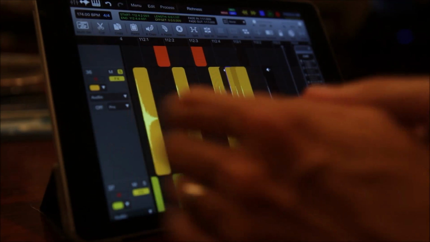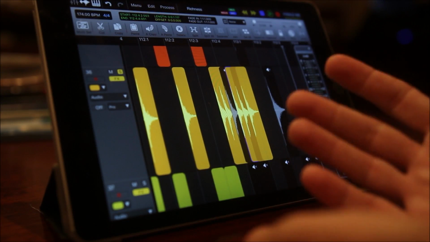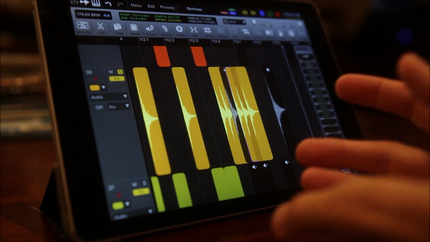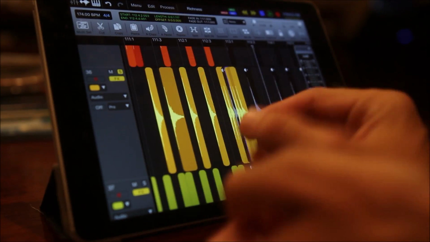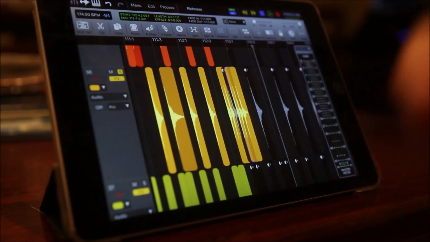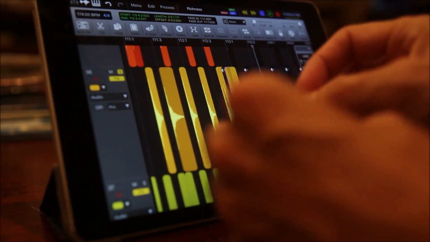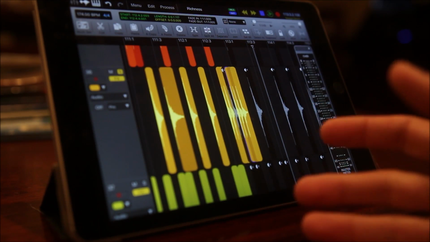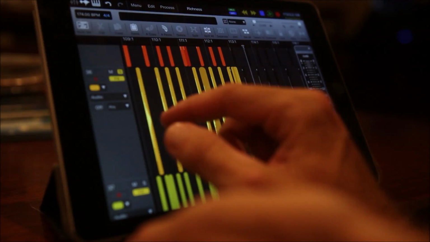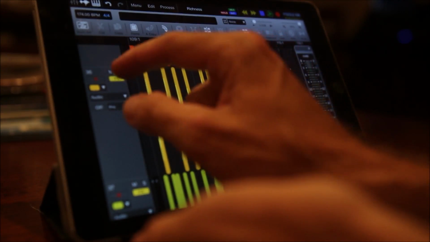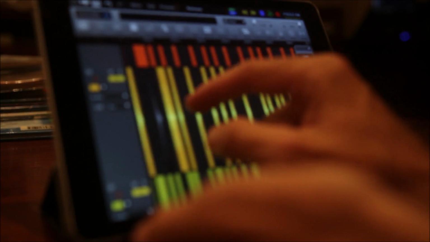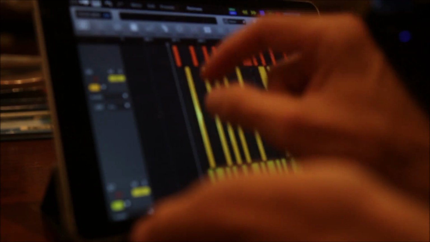I find that you can go completely crazy with chopping up a drum break and make it sound completely scattershot, but I prefer to always have the first half of the break hitting on a repeating rhythm, and then the second half making it as random as possible, so you've still got that basic groove going underneath. Otherwise it just sounds like, unless the effect that you want to go for is complete chaos, which also sounds great, you just want to keep a groove going underneath the whole thing, you know.